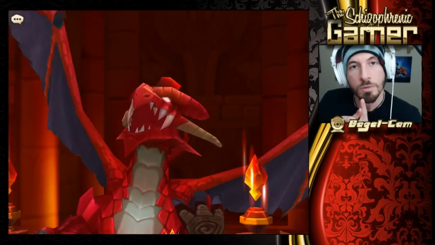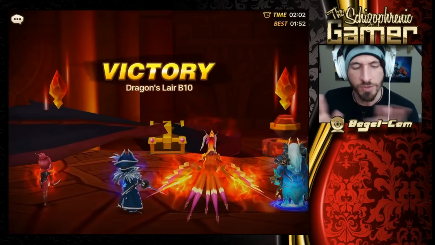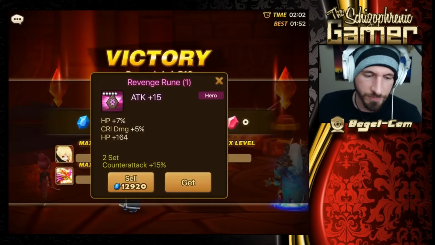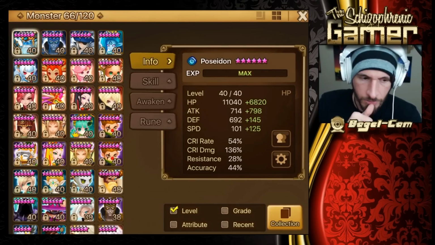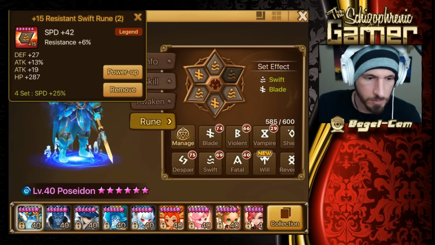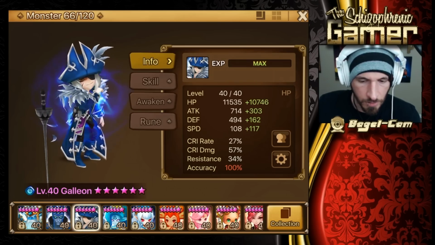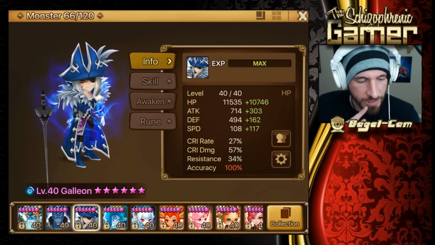Poseidon, I don't know if he is, yeah, he is speed tuned. Okay, so 2 minutes. A little bit faster on here. Not a super speed team, but a little bit faster. We're going more into the speedy range. So what do we have? Let's go back to here. Poseidon is plus 125. That's kind of weird. Speed, crit damage, attack. But Galleon is faster? Hold on. 125 here, and 125 here. But Galleon is going to...